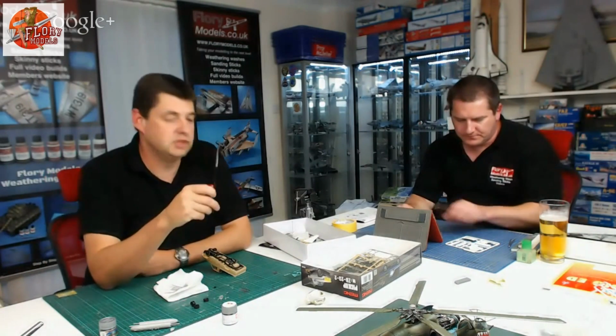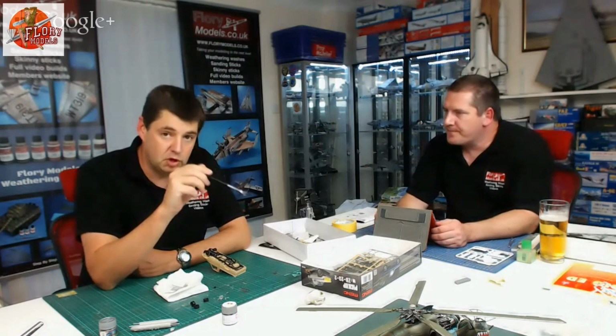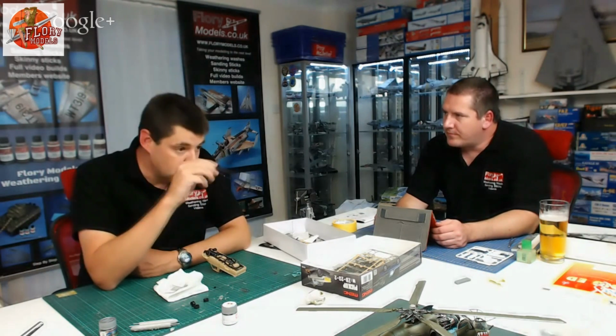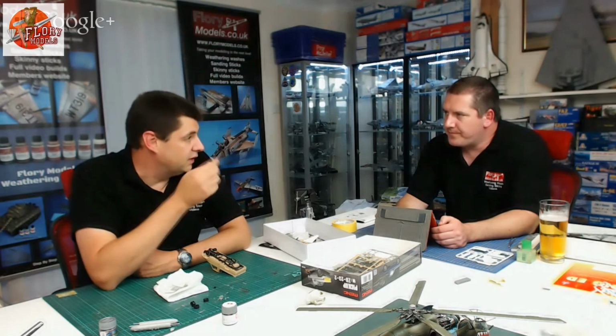And sometimes, if I just want a little bit of dry brushing, I will just get it out of the pot where it's still got it on there and do a little bit more. So I do like it now. It gives that nice